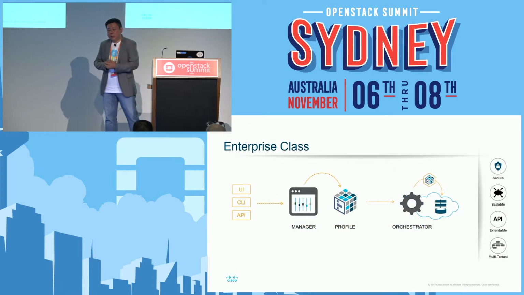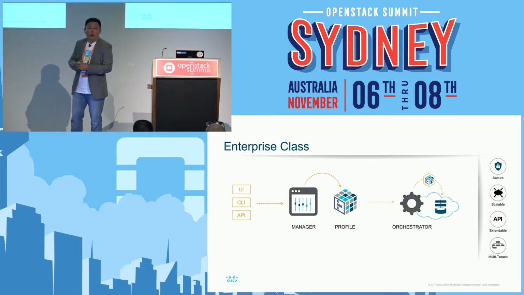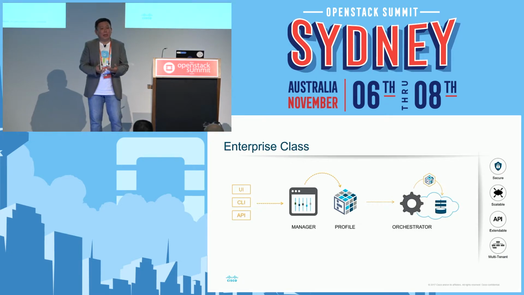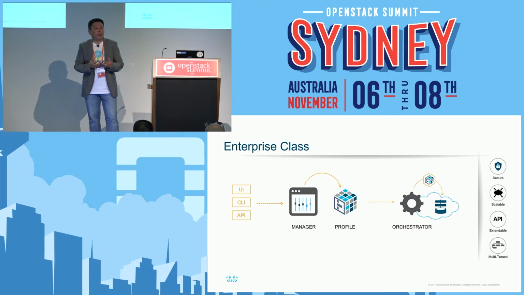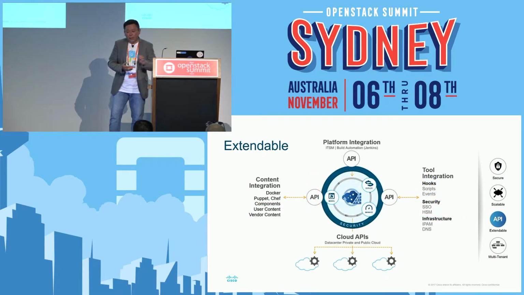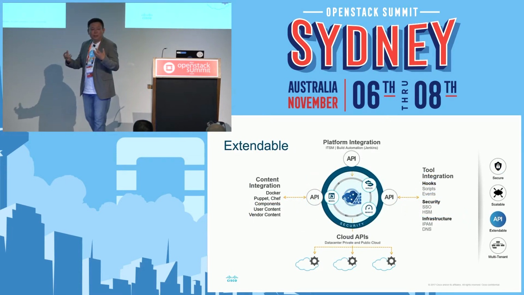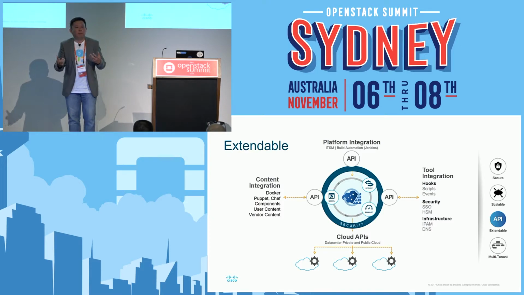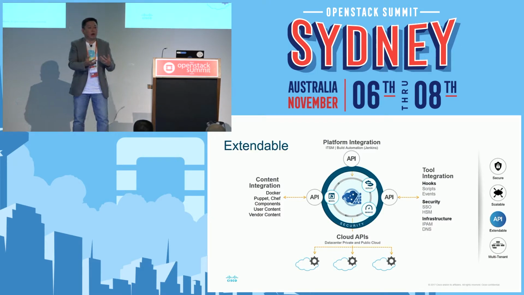So the other thing is enterprise class. We have a UI, so you can actually drive it, drag and drop, build your application profile, but there's CLI and APIs as well. So when I talk about APIs, it's how we actually integrate with the dev toolchain, right? Your Jenkins, for example, Artifactory, your GitHub, right? And I'm going to talk a little bit about it next slide, is being able to have that extensiveness to actually trigger from Jenkins to provision the next environment, right?